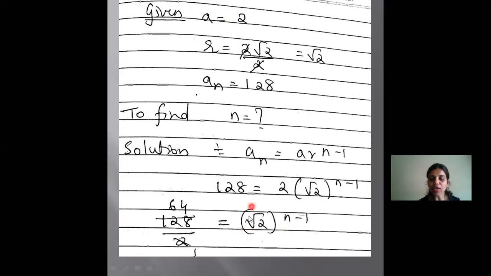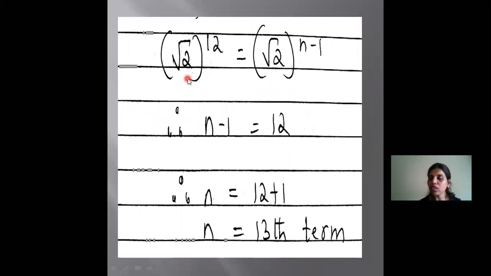So now as we have got the base root 2, we should know that we have to convert the 64 also in the form of root to the power. Means some number and the base should be root 2. So we have to convert in the power of root 2. So now what you do is you first factorize with 2. Whenever root value is given, you factorize with 2. When you factorize 64, you get 2 raised to 6.